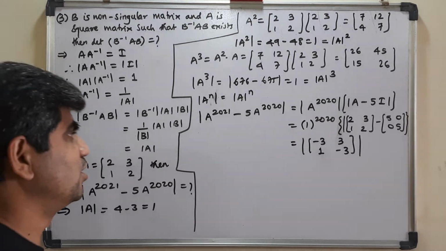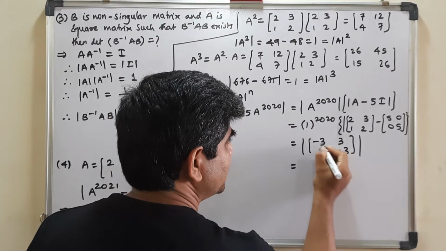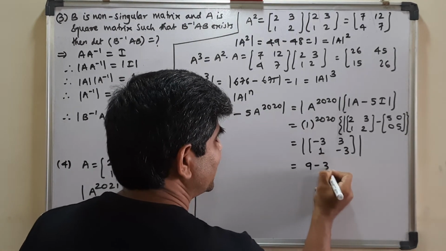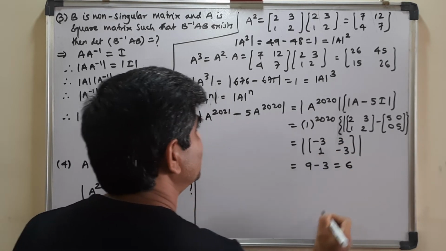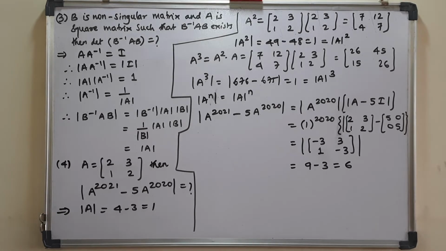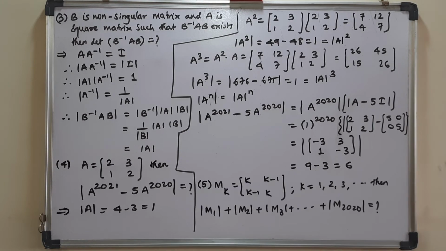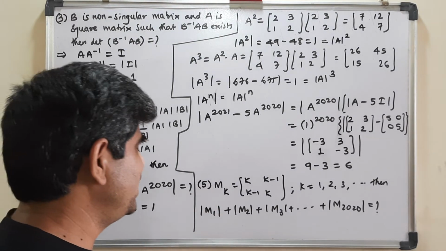So the determinant value of this obviously will be 9 minus 3, that is equal to 6. So obviously the value of a raised to 21 minus 5 into a raised to 20 is 6. Now coming to the last question of our series, here the matrix Mk is given as